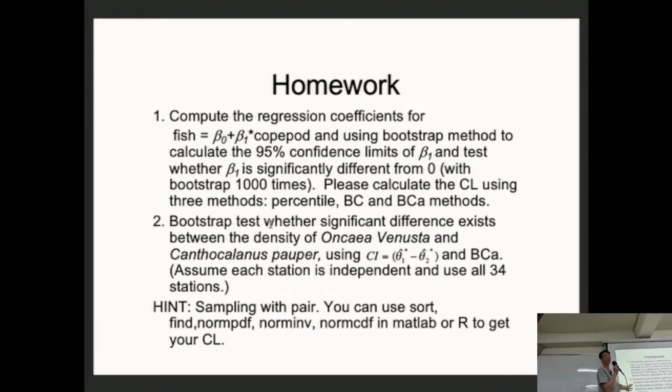Question 2, again very simple, is a bootstrap test of whether a significant difference exists between the density of two species. Okay, two species. Density, not proportion, okay, density. Because in your first homework, you already calculated density for every species, right? That's part of your homework. In the first homework, you calculated density for every station, for every species. You made a matrix, right? So you take out